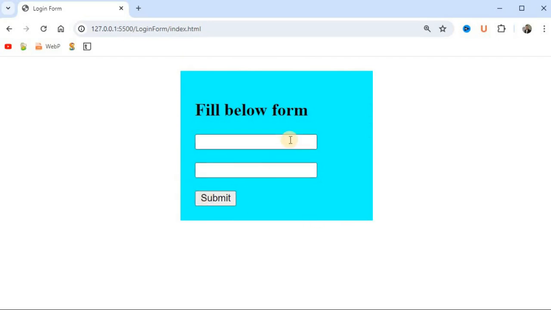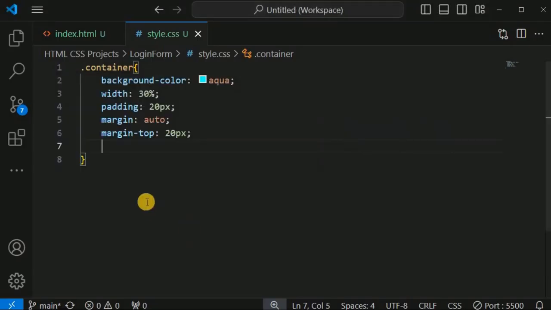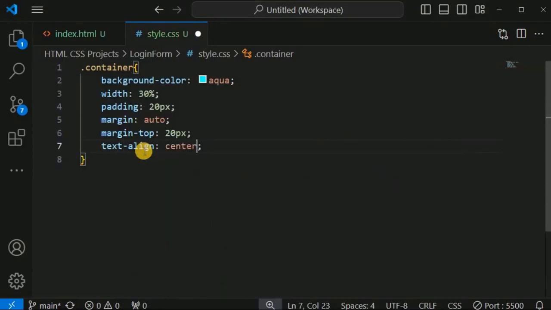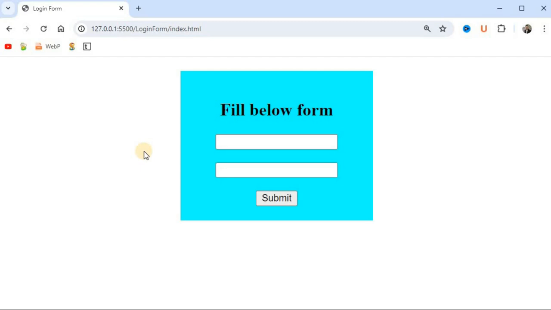the screen now. Now guys, let us say we want all these HTML elements, that is the input fields and the submit button, to be present at the center of this particular container. So what we can do is simply we can use the text align CSS property and provide the value as center over here. So as you can see, all the HTML elements are now present at the center of this